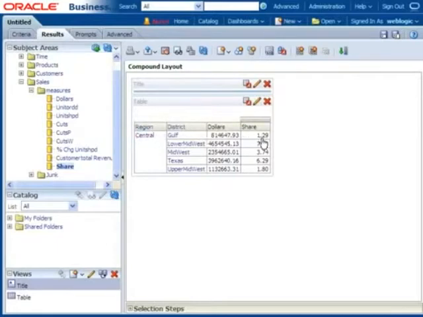Now tell me the answer to one question. This 1.29 meaning is what? That means you mean to say Gulf sales in total revenue or Gulf sales in central revenue? Two points are there here. Gulf sales in total organization revenue percentage, or Gulf sales in central region revenue percentage? Total. Let us go and validate it.